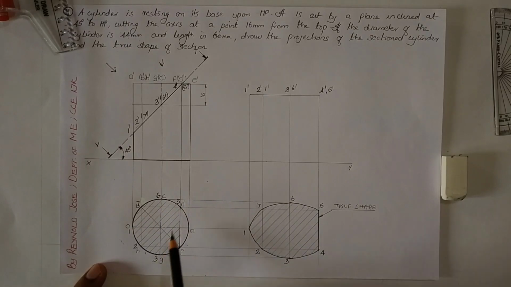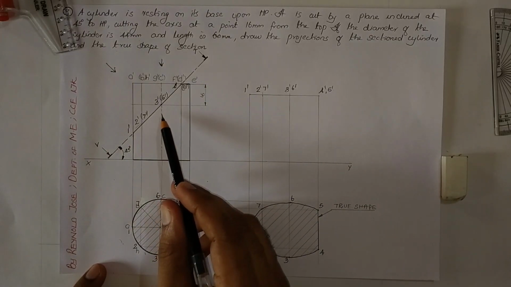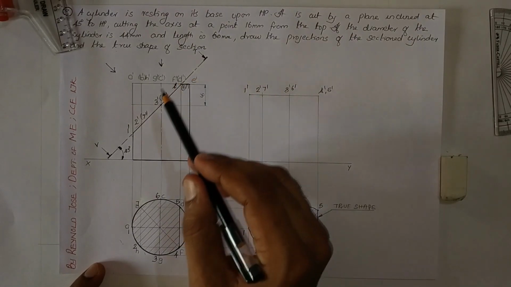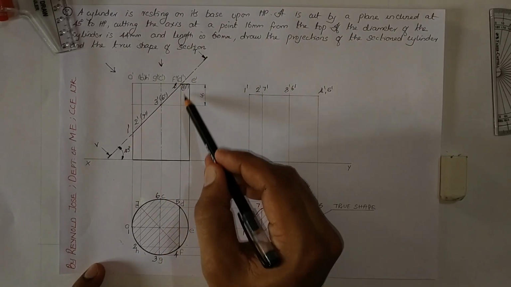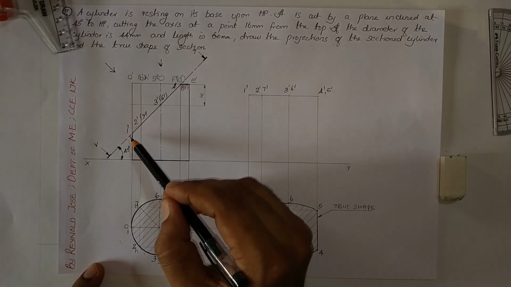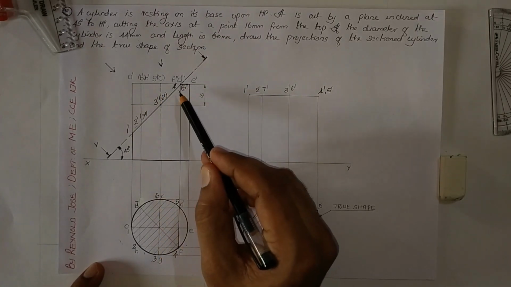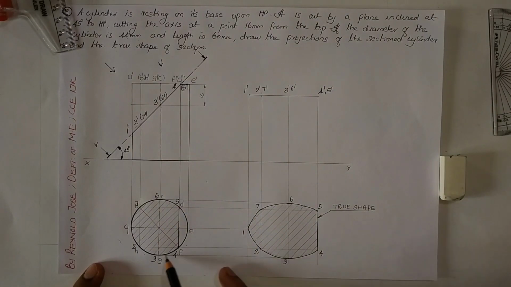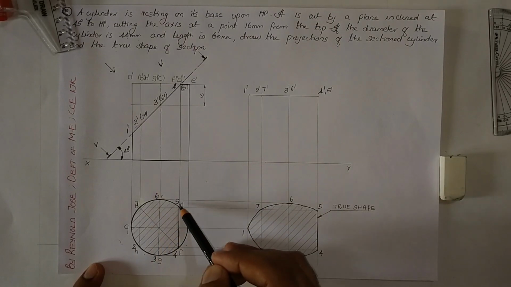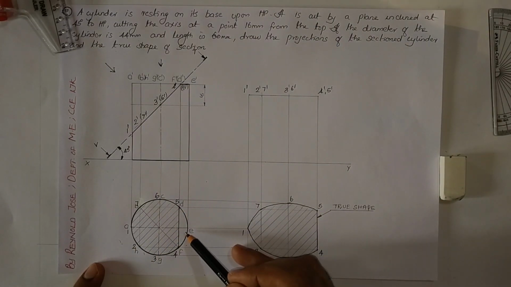Draw the symbol top view and symbol front view using type B lines. Locate the section plane. Mark the meeting points of the section plane with the various generators and the surface of the solid. Transfer these points to the top view. It will be along the periphery. Draw the remaining regions in the front and remaining regions in the top view.